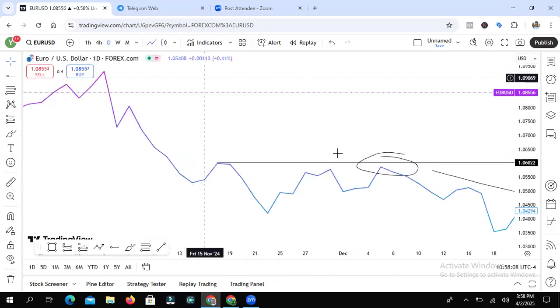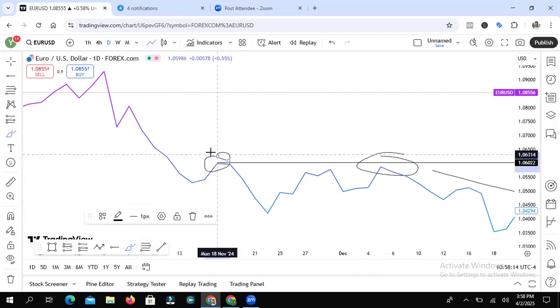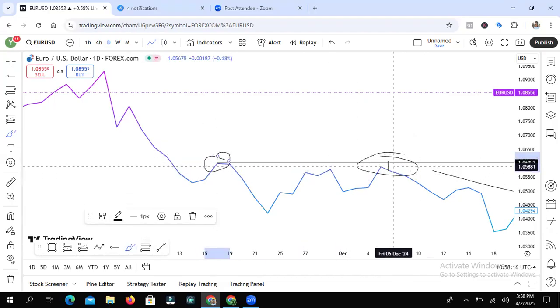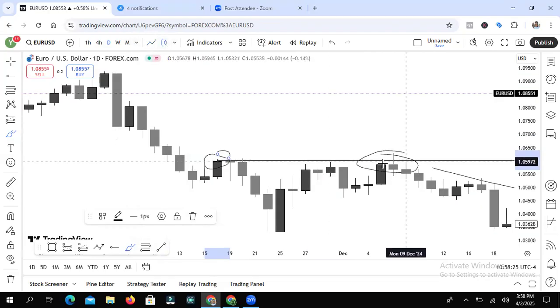By the time you turn on, you can see the A-shaped key level right here. That is the A-shaped key level that got rejected. They rejected from this key level, and you can see the drop. Like I said, it is very simple. Once you see this key level right here that got rejected, it is very simple, very straightforward.